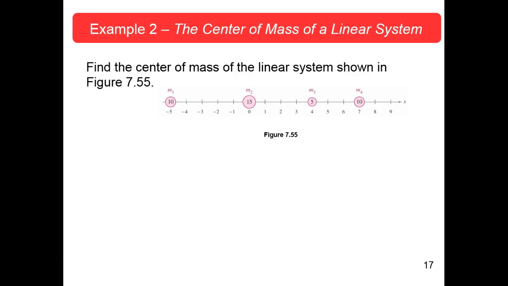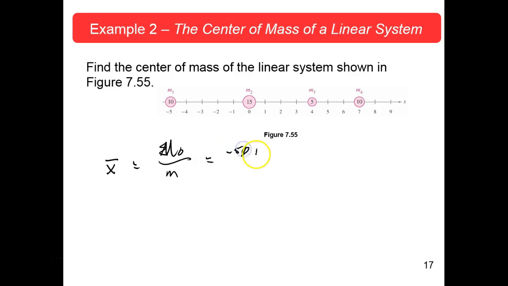Find the center of mass of the linear system shown in this figure here. So here we've got your scale, arbitrarily 0 there. What would be the center of mass? What symbol do we use to represent it? X bar. And how do we define it? Your moment, M sub 0, over the total mass. Now your moment, remember what that is? Just the coordinate times the mass. Now they don't give any units here, so we won't have any units. It would be 10 times minus 5,